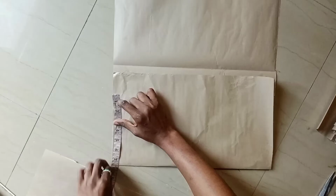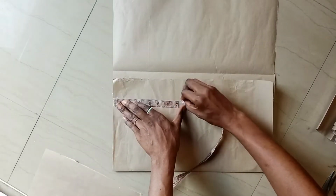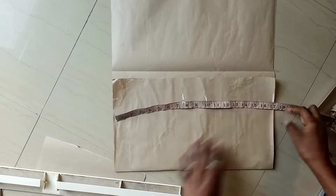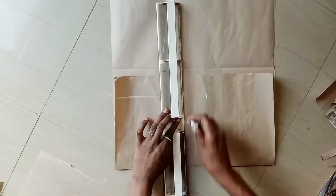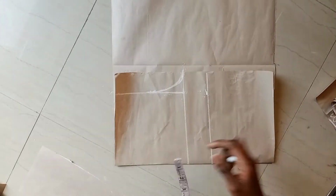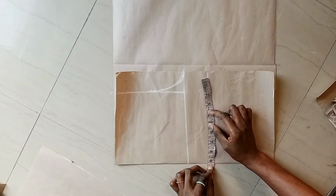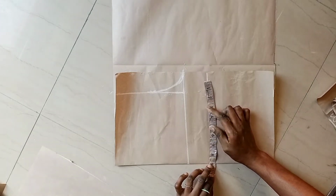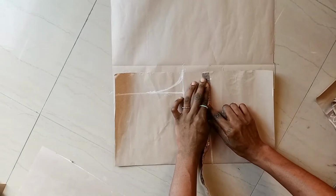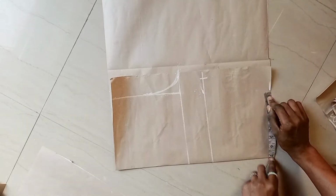Then right now for our back part, I've placed my tape and I'm marking the shoulder point, which is 7.5. The under bust is 7.5. Then 10 inches for the bust point, and then 17, which is the half length. And then right now the bust is 18.5, so 18.75, sorry, 18.75 inches. I'm placing my tape on my bust point and I'm marking the bust measurement. Then the waist is 7 inches, so 7